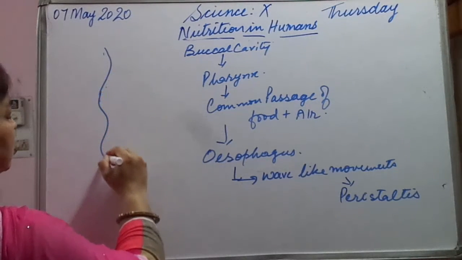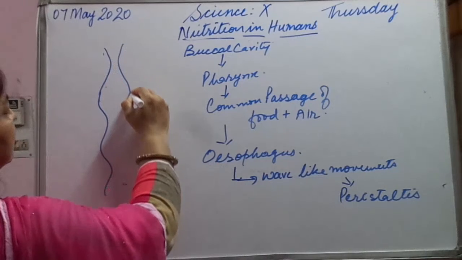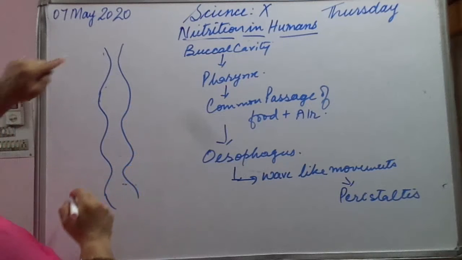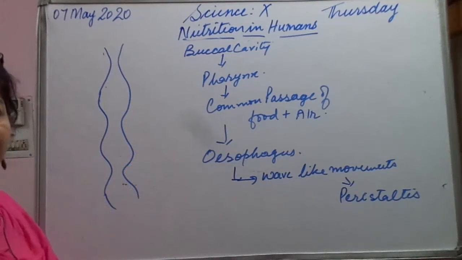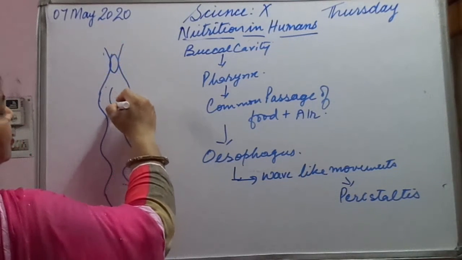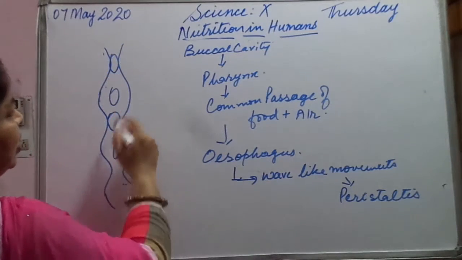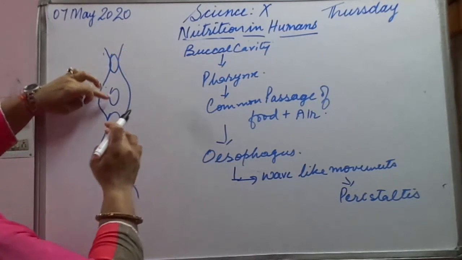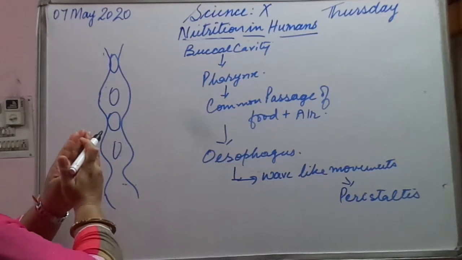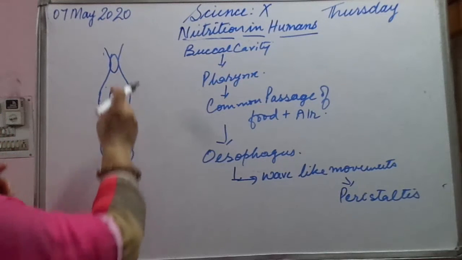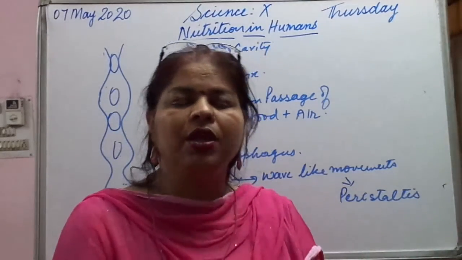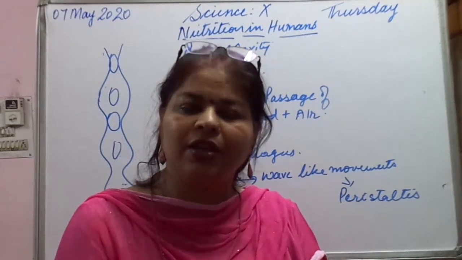Like this, the wave-like movements are generated in the esophagus. So what will it do? These are constrictions and relaxation, expansion. So when the constriction is there, the food is squeezed and it falls down. Then it gets opened. Then again it squeezes the food, or it contracts. Then again the food is being pushed. In this way, the food will be pushed to the stomach. Okay. When it reaches the stomach, what happens over there?